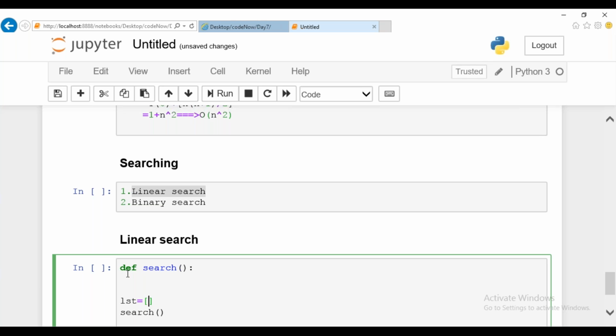Come on soon. Just the logic part alone is sufficient, guys. No need of writing the complete thing, just the logic alone is sufficient. I'm just writing the skeleton of it.